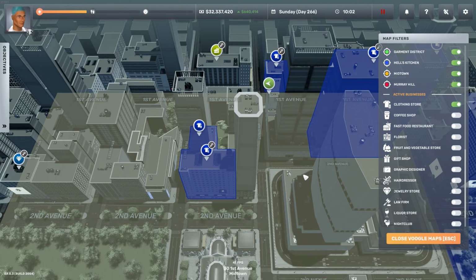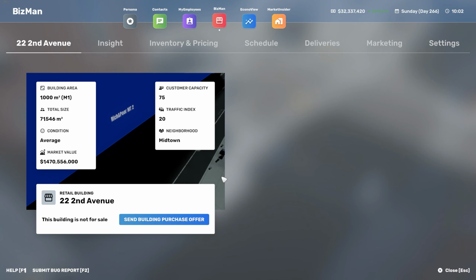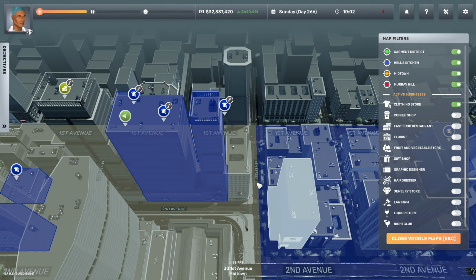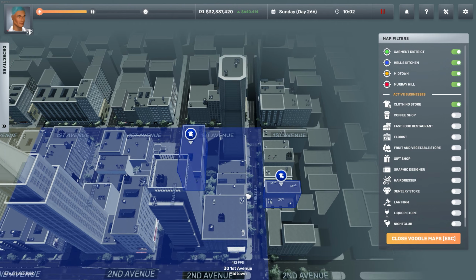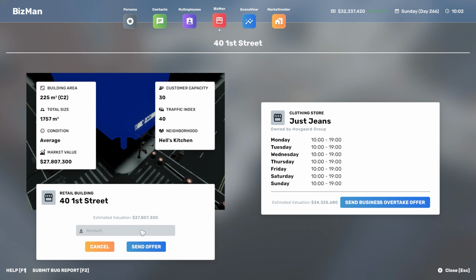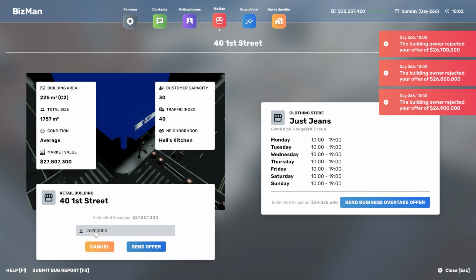So while browsing around, I saw this building that kind of piqued my interest, and I'm looking forward to making an offer for it and maybe we can buy it. So it's actually this little clothing store right here, Just Jeans, and I want to see if we make some offers, if we can get it. So let's start with 25 million and lowball it a little bit. It's not happening. 26, no, 2650 maybe, if I can type. It's 2660, 70, 80, 90, hey, 27,